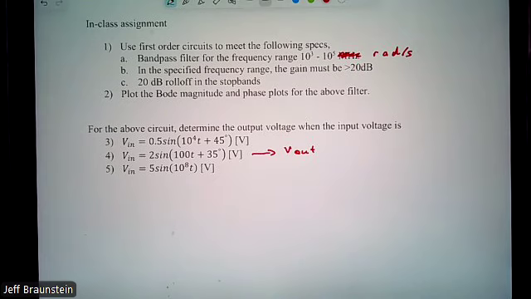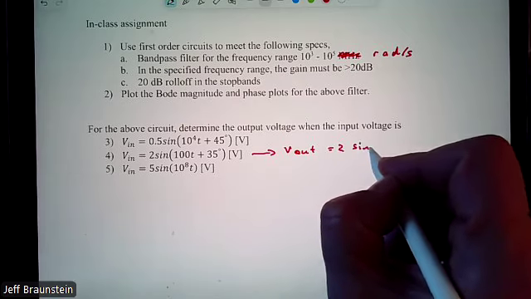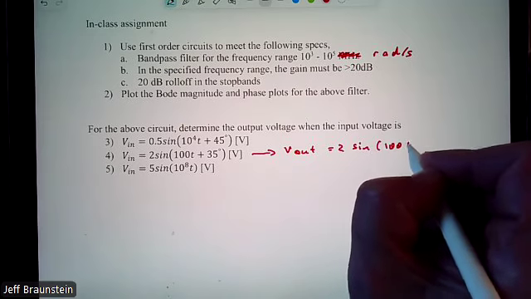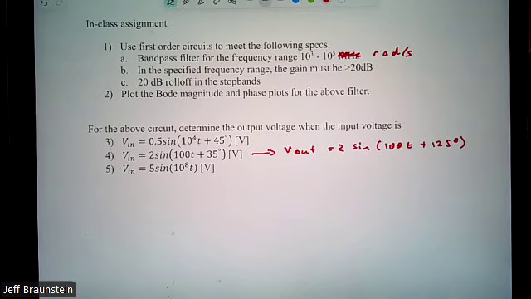For the middle one, just to check, anybody have an answer for me? What's my amplitude? Two. I agree, 2. What's my phase? There's a good check in units of volts. Everybody agree? Everybody has finished this?